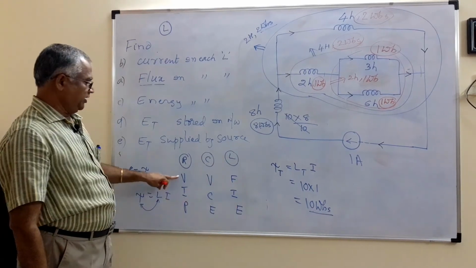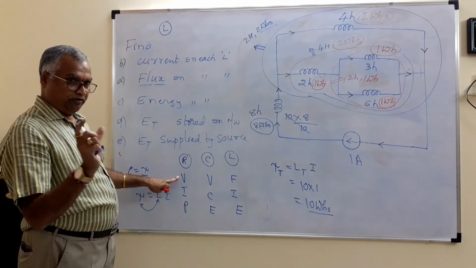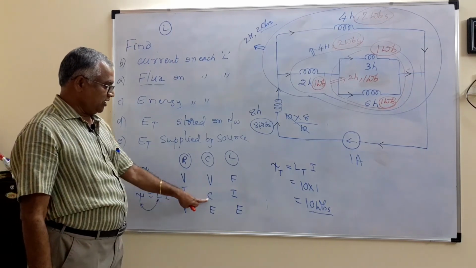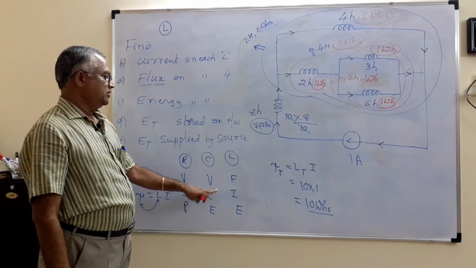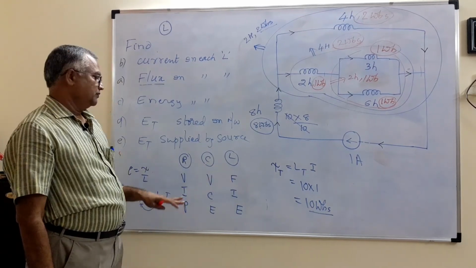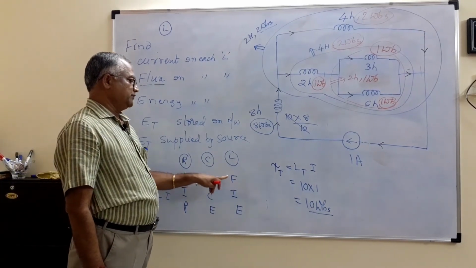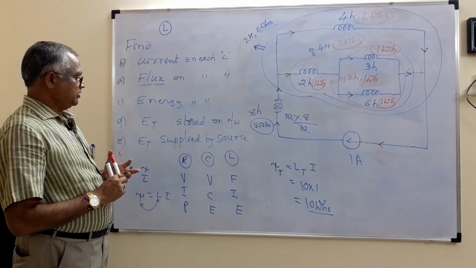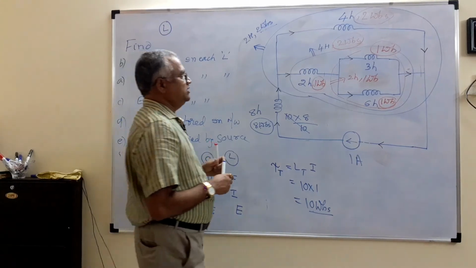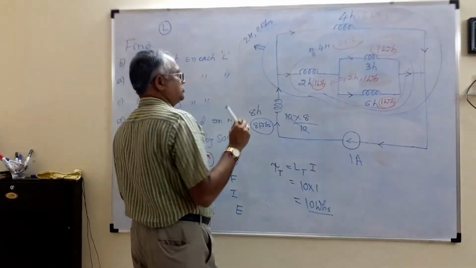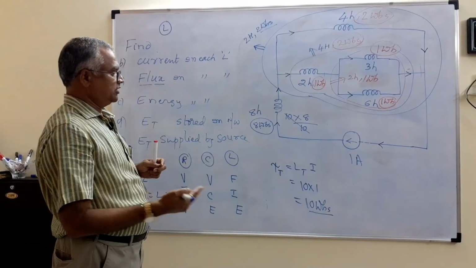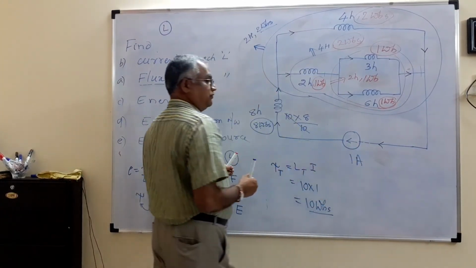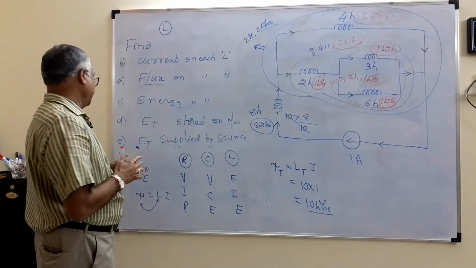I explained the meaning of voltage law with the help of the water concept, current law with the water concept, charge law with the water concept, flux law not possible. But verify this flux law when inductors are connected in series. So remember these things, and in all these circuits, either resistor or capacitor or inductor, you might have noticed that the number of sources we applied is only one.